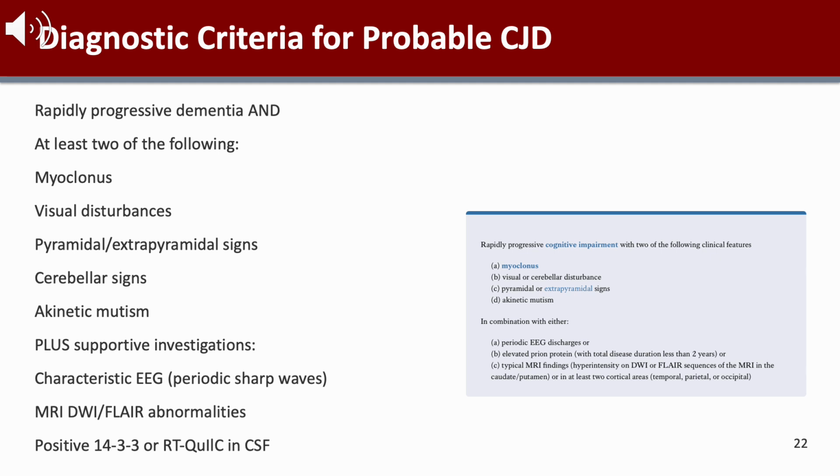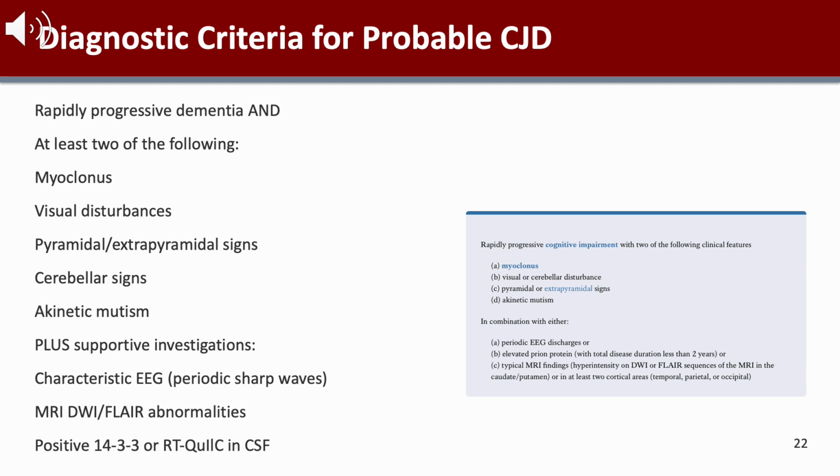The diagnosis is further supported by characteristic investigations including EEG findings of periodic sharp waves, MRI abnormalities on diffusion weighted or FLAIR imaging, or positive biomarkers in the cerebrospinal fluid such as 14-3-3 protein or the RT-QuIC assay. These criteria have been refined over time and are regularly updated as new diagnostic tools become available. The combination of clinical features and supportive investigations allows for diagnosis of probable Creutzfeldt-Jakob disease with reasonable confidence even before